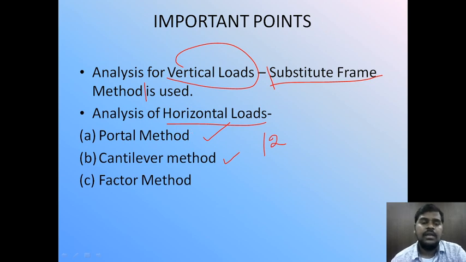Regarding the cantilever method, we have two more assumptions. The first one is the same as in the portal method, and the second is that the axial stress developed will be directly proportional to the distance from the center of gravity. And in the factor method, there are no particular assumptions, but it is applied story by story, and it is an advanced version of the slope deflection method. So this is all regarding the theory part of the third unit, which is most important. After gaining some knowledge of this theory, we can jump into the problems.